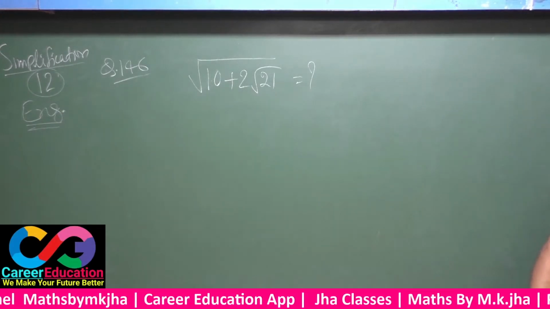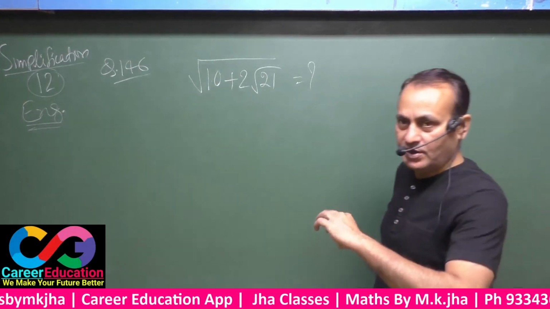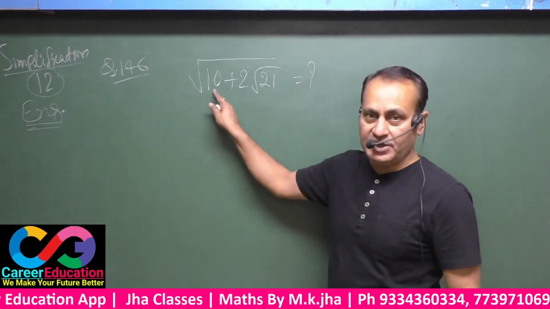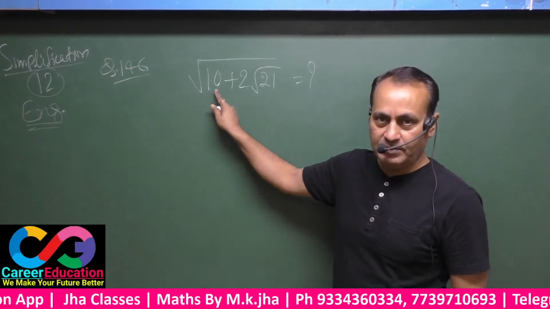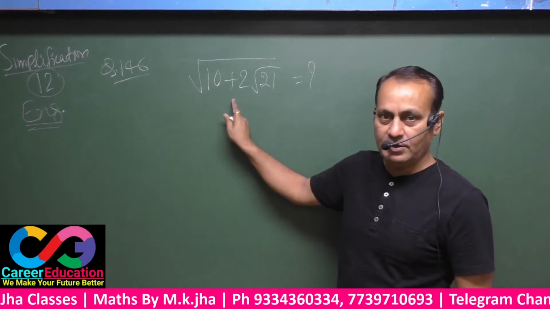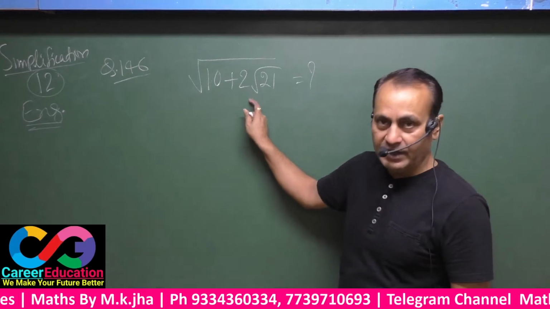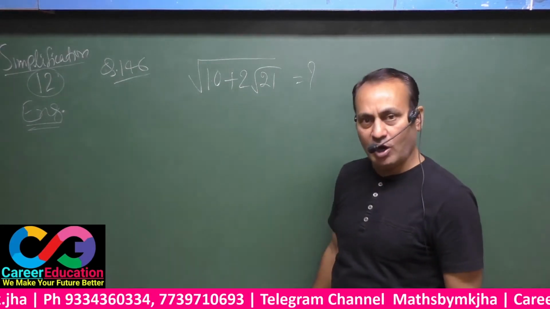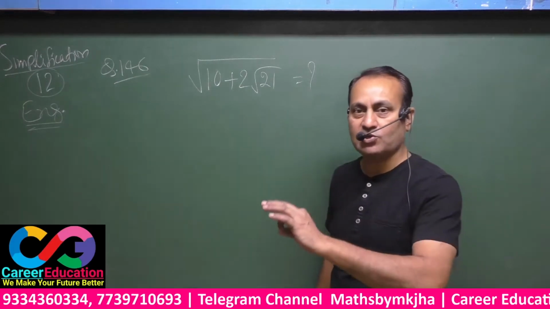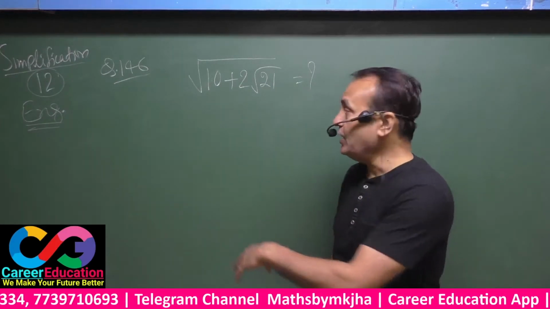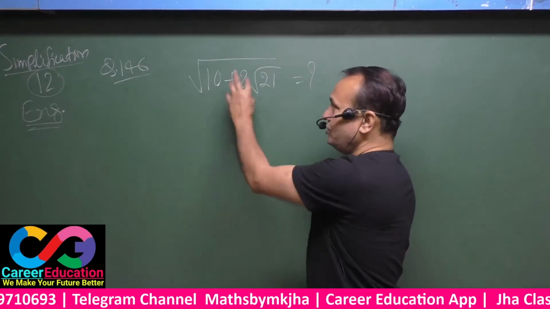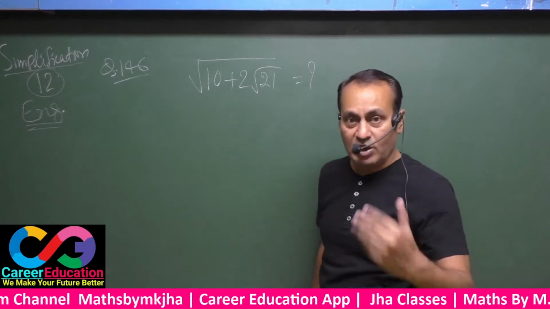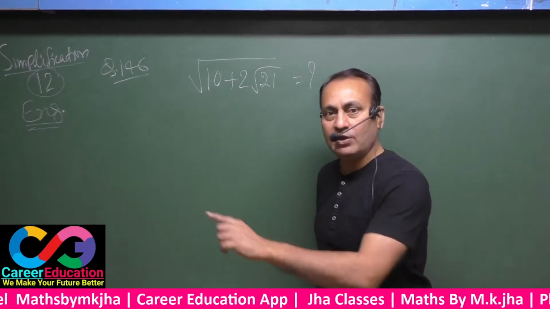See, there are 4 types in such situations. If there must be a number, plus or minus maybe, again one number, again under root. This type of situation is always based upon a plus b whole square or a minus b whole square. If there is a sign of plus, certainly the situation is based upon a plus b whole square. If there is a sign of minus, the situation will be based upon a minus b whole square.